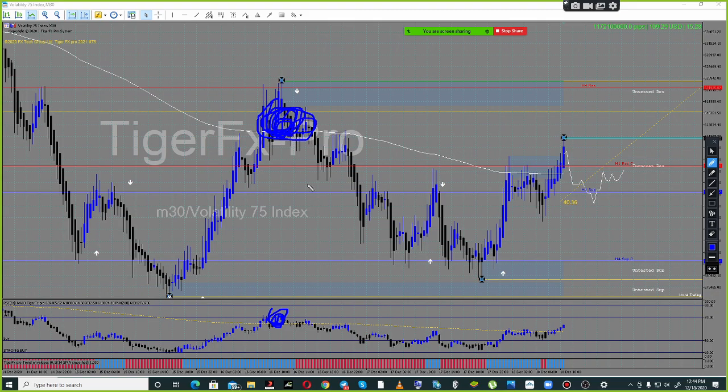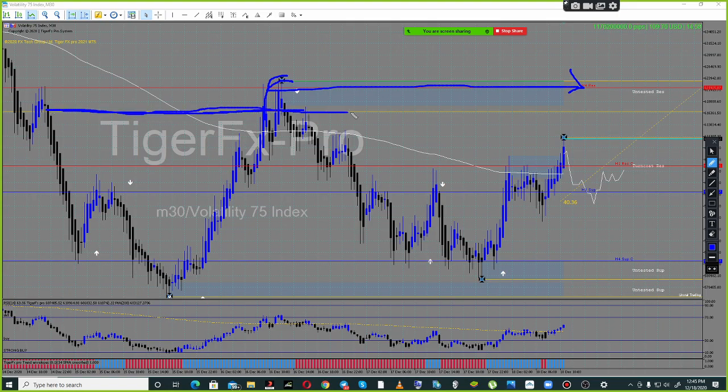Once it tests that area, if you have this signal here, that shows we have confirmed that price has tested the 4 hour resistance, and also respected this previous structure here. This yellow line is the previous structure, and it also respected that, and then also respected the 4 hour resistance. Now we're looking for a breakout on the 50 moving average. Let's add the 50.